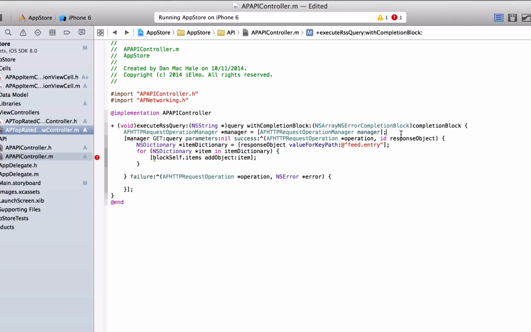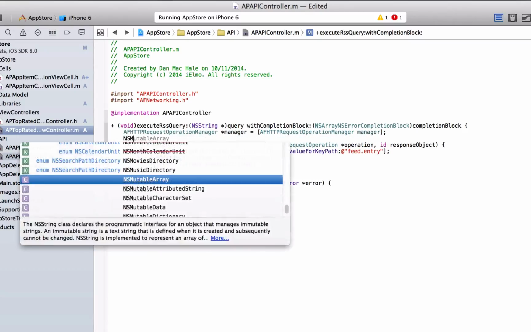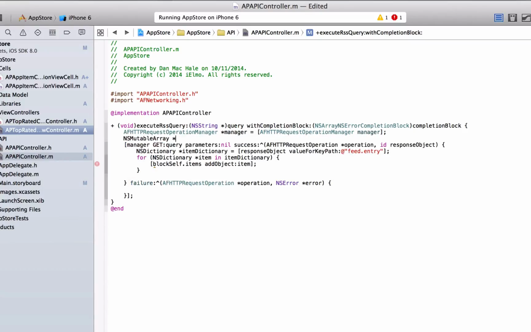Doesn't matter. Then we'll have items equals NSMutableArray alloc init. Ooh, interesting. Delete the block self. Ooh, interesting. Then, once this is done, we need to inform the completion block that we're going to pass